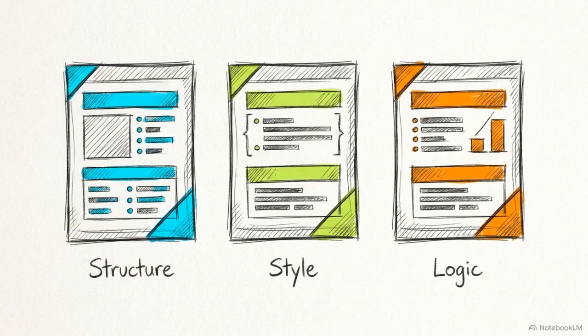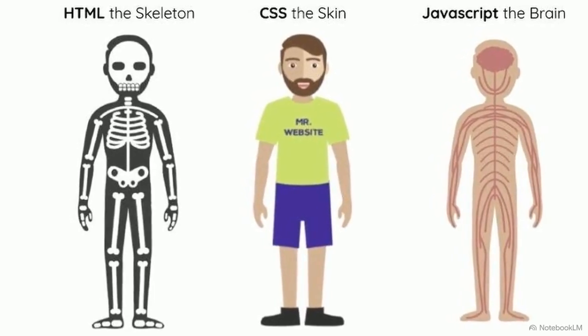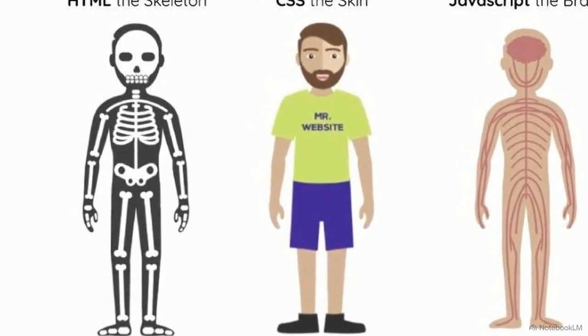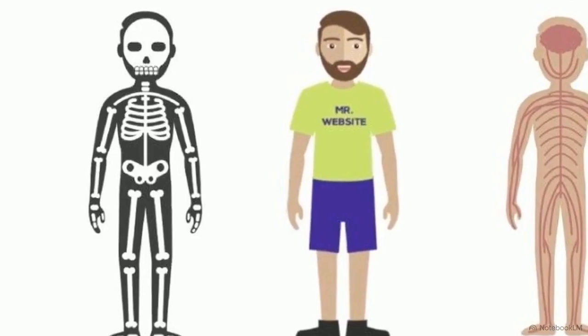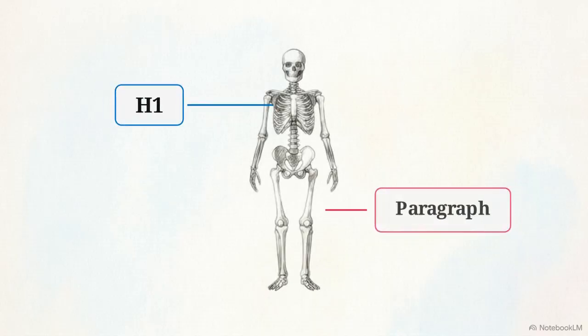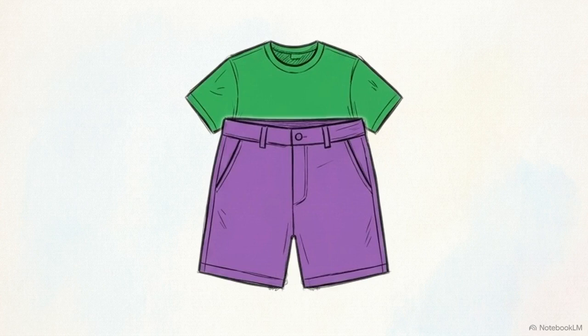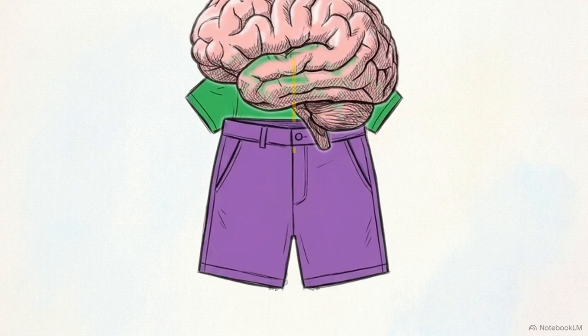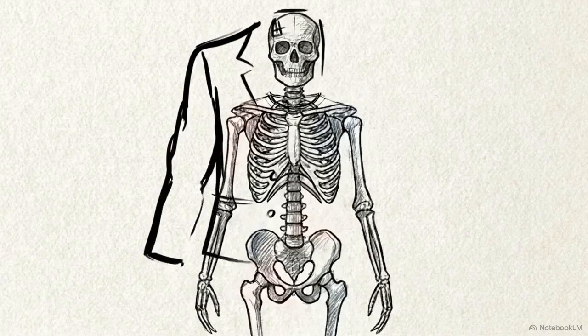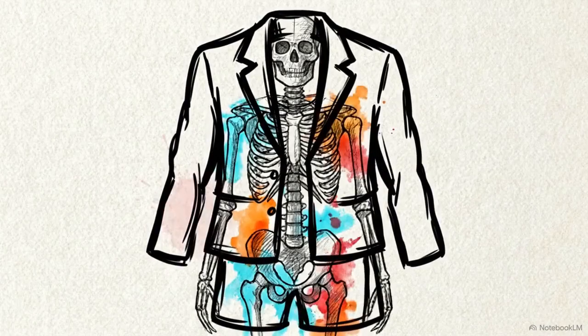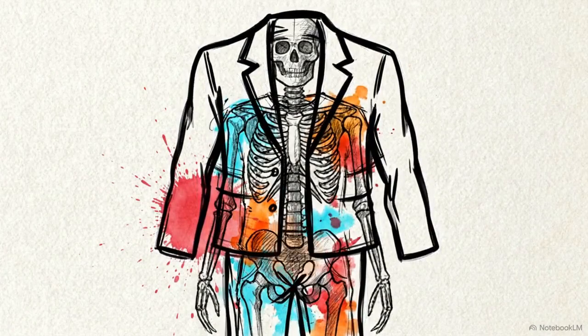Web architecture relies on a principle called the separation of concerns, where the incoming data is divided into three distinct layers of responsibility. HTML, or hypertext markup language, provides the foundational structure. It acts as the skeleton of the page. This layer contains raw content, headings and paragraphs, but lacks visual styling. CSS functions as the skin, defining the layout and colors that wrap the HTML skeleton. Finally, JavaScript serves as the logic layer, like a nervous system, handling dynamic behavior and interactivity. This modularity allows a developer to change a website's entire visual design or interactive logic without altering its underlying structural